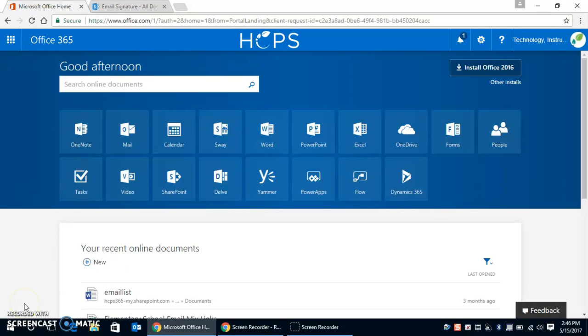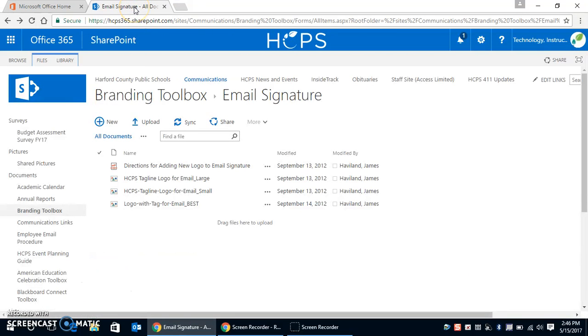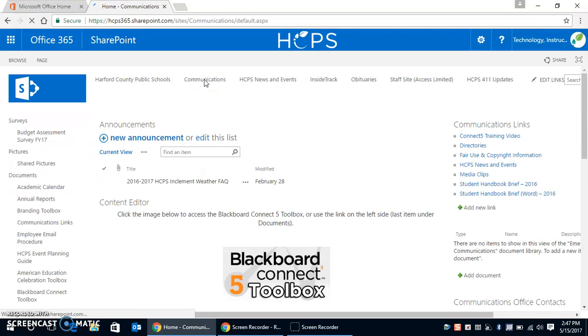Hi, in this tutorial I'm going to walk you through the process of adding a signature to your email using the Outlook web app of Office 365. First, remember that we want to make sure that we're following proper HCPS procedures when adding a signature to our email. So I've gone to the communications SharePoint homepage, and on the left hand side there's the